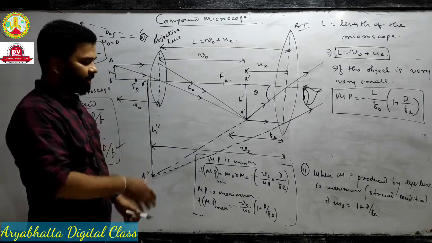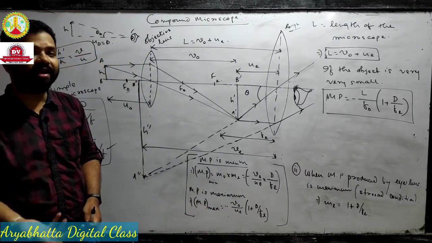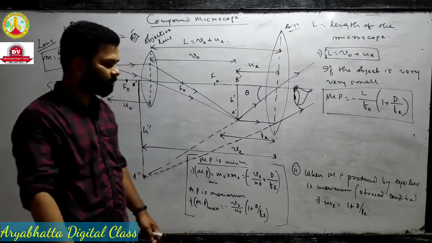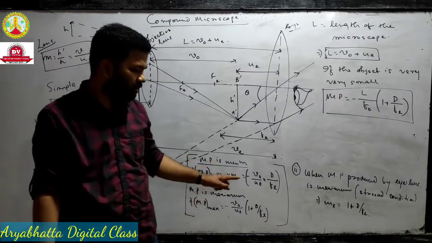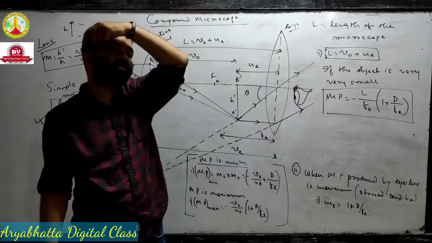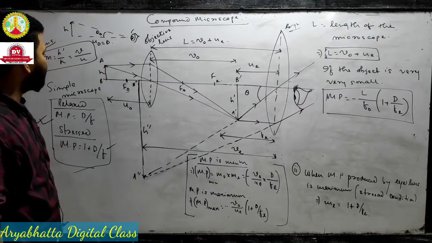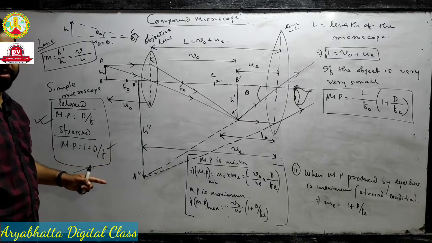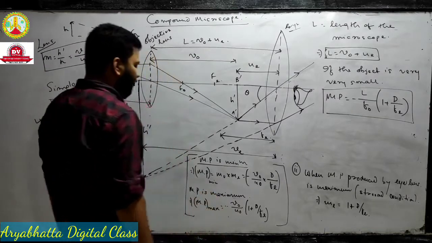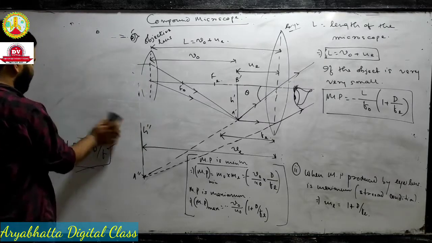But that is for when the magnifying power is maximum. If you want to make the final image at infinity, that means when the magnifying power is minimum, then what will be the diagram? Let us draw it, and you have got three equations. One is this one for minimum, the relaxed condition; another for the stress condition; and that one is if the object size is very small. Now let us draw the ray diagram for the compound microscope when the final image is formed at infinity or when the magnifying power is minimum. Let us draw it, because sometimes ray diagrams also come in the exam. Okay,